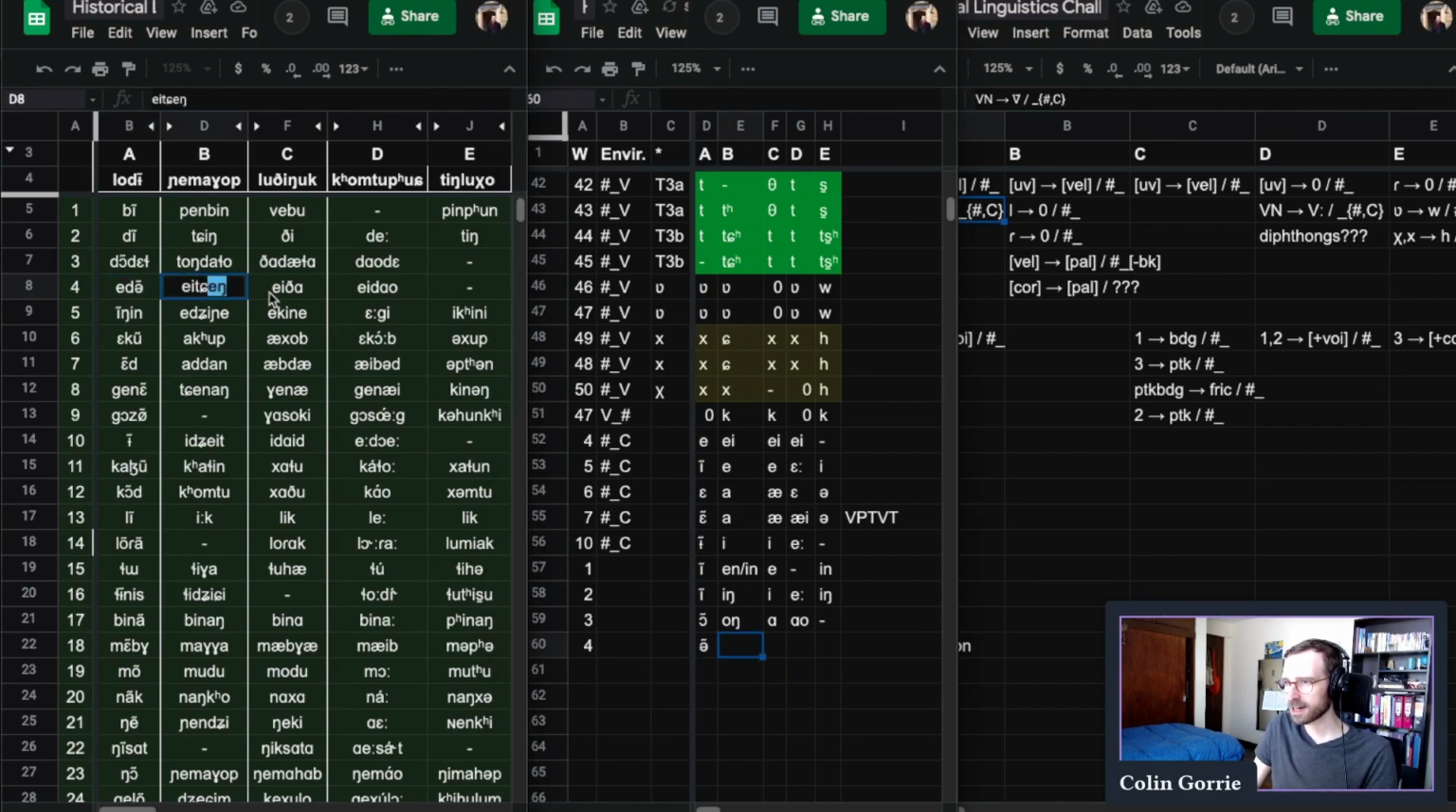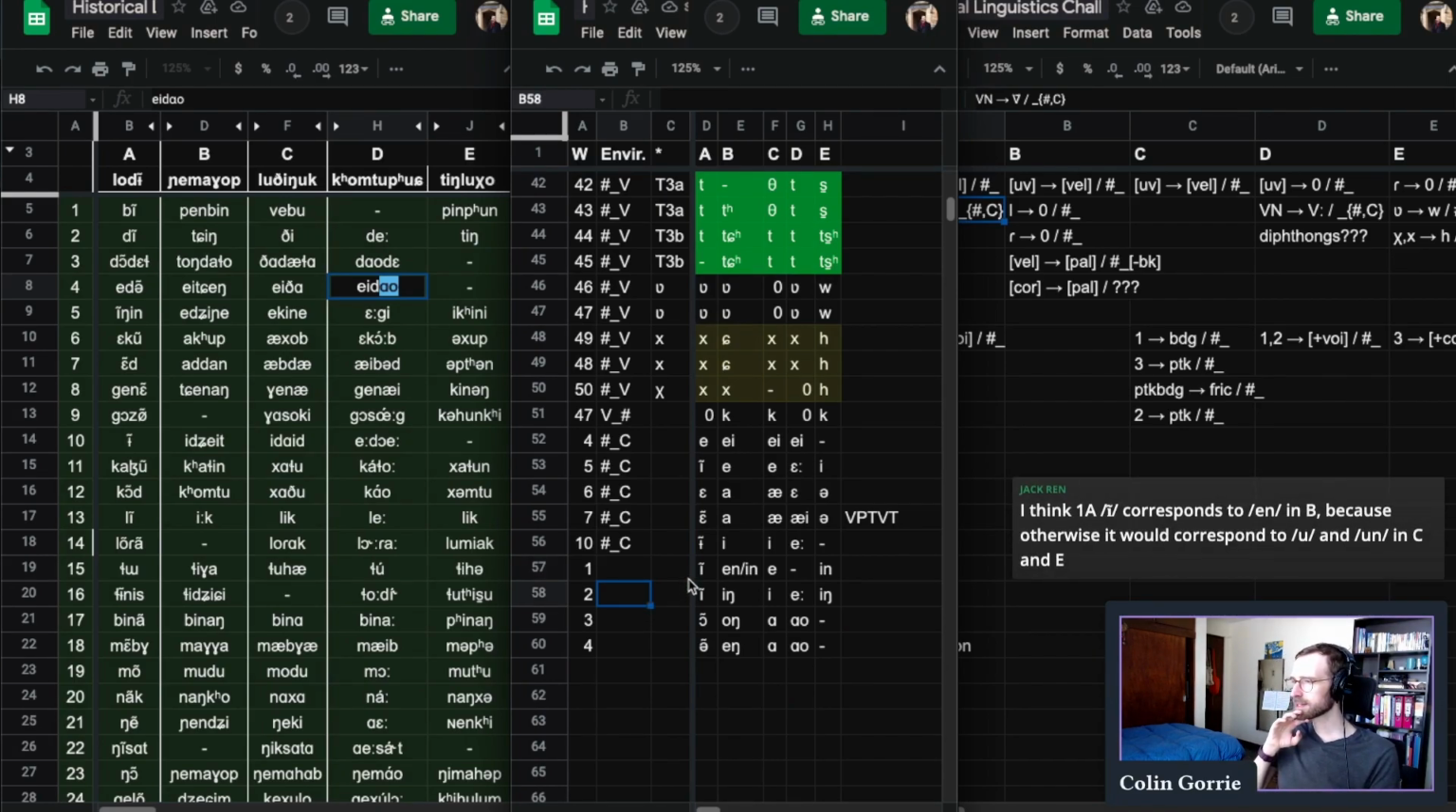So we have ing, we have a. Let's start to think about the quality of these vowels as well, what they may have been in the proto-language. I think in the case of two, I would want to